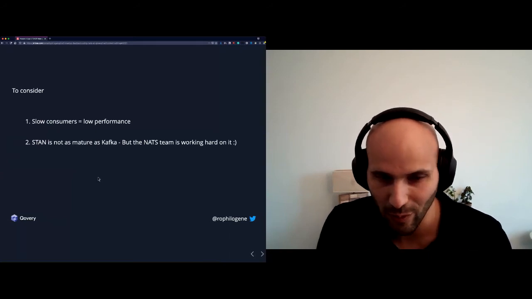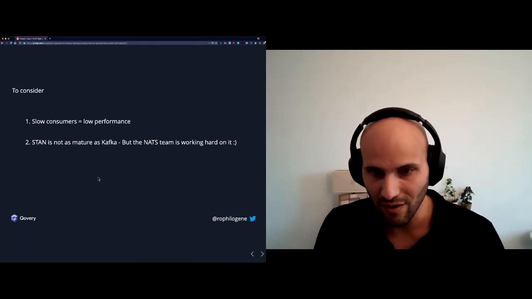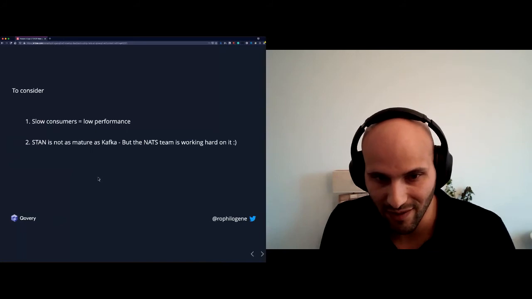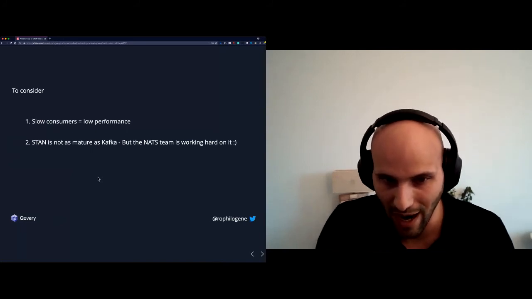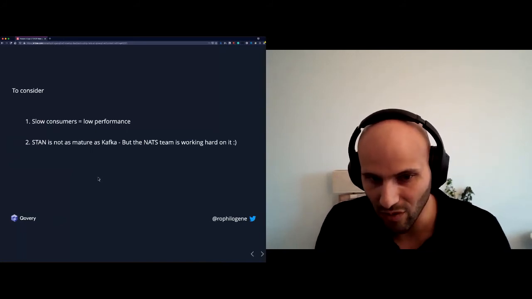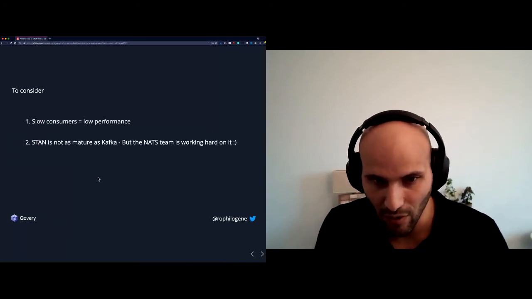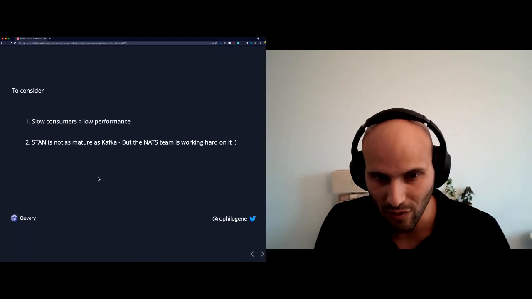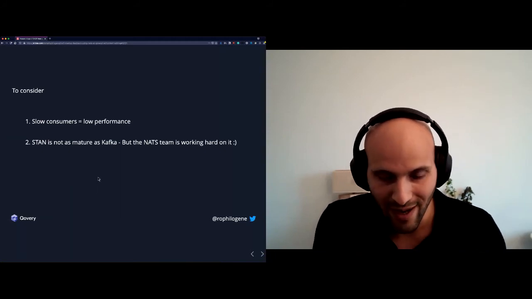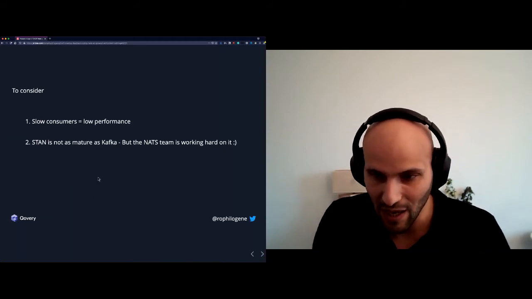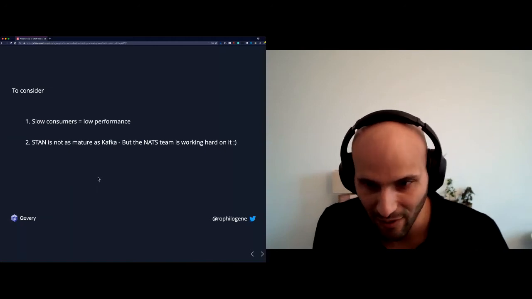You have the persistence part. Kafka is based on persistence, which means it's very good for high throughput. If you start to send tons of messages, Kafka scales very well and starts to write to disk to flush the data it has in memory, and is able to process it later.